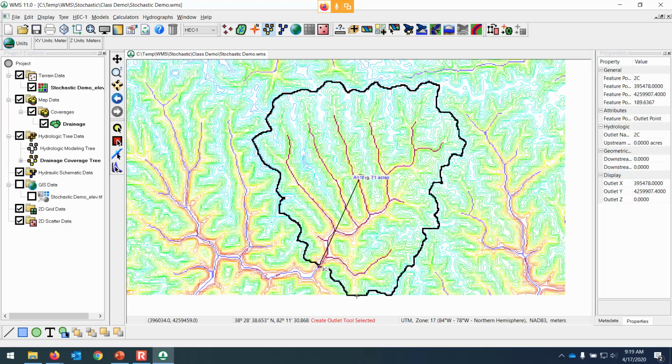So does everybody have their watershed defined and it looks roughly about like this? Jeffrey got the straight line at the bottom, so I'm not the only one who hadn't panned all the way. Okay. So we have a watershed, and if we wanted to do a HEC-1 model, and we do, then we